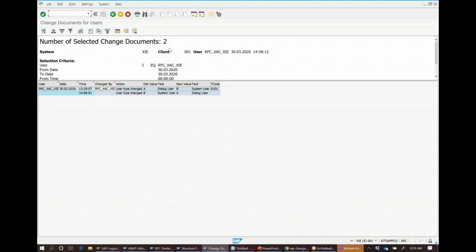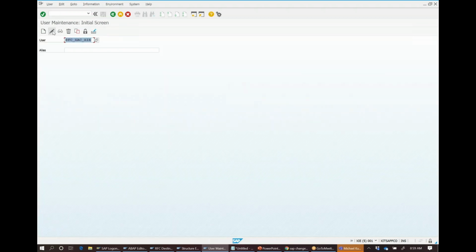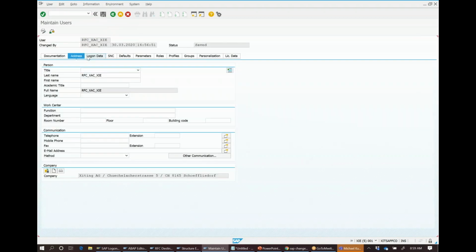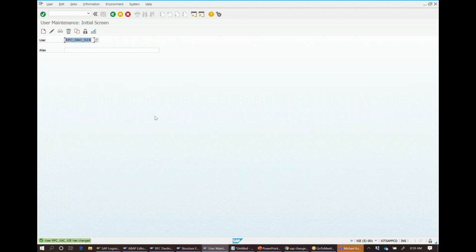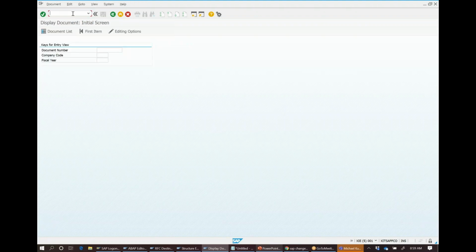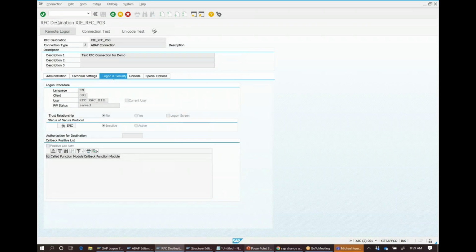Again, if I want to hide my traces a little bit, it probably pops up if it's a type dialog. So I just change it to system and I save it. Now I'm still in the session, so it doesn't log me off. But as long as I'm in here, I can do everything. So I can now run every single transaction I want, whatever the transaction might be, for example, to display documents and so on. If I log off, let's say I just log off that session and I'm back here in